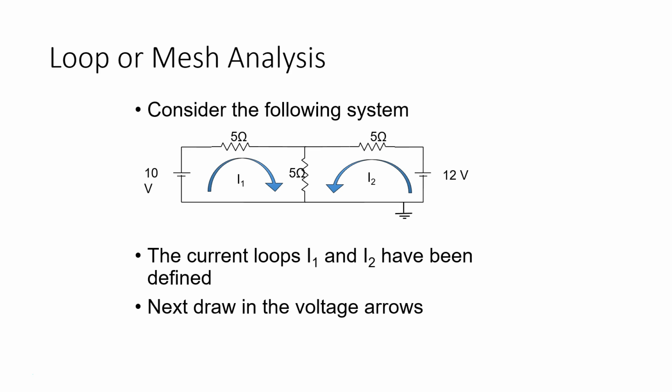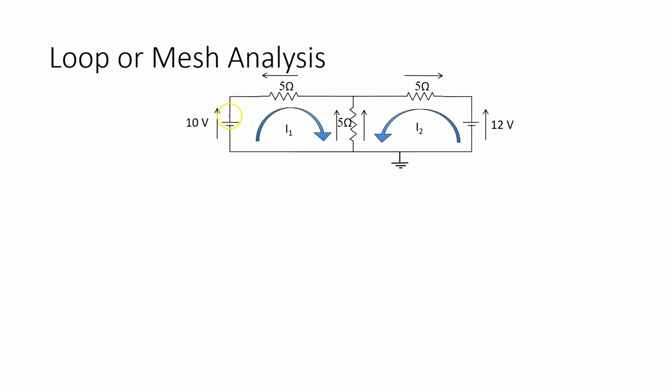So the next thing we're going to do is draw in the voltage arrows. So for the 10 volts, we know the voltage across the voltage source is defined. So this is the negative and this is the positive, so the arrow goes this way. Similarly for the 12 volts, the arrow goes this way from negative to positive. For the passive components now, to draw the arrows, we need to look at the current directions. So what we have to do is look at the direction of the current, and the voltage goes in the opposite direction, because remember, the current flows from high potential to low potential, and the voltage arrow points from low